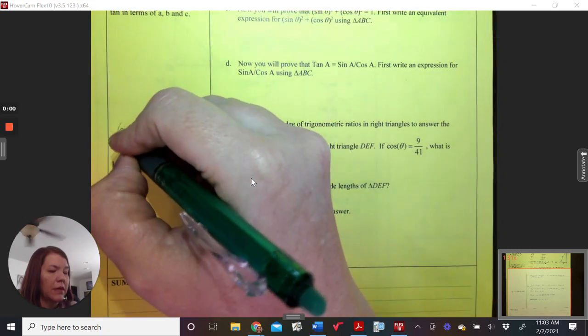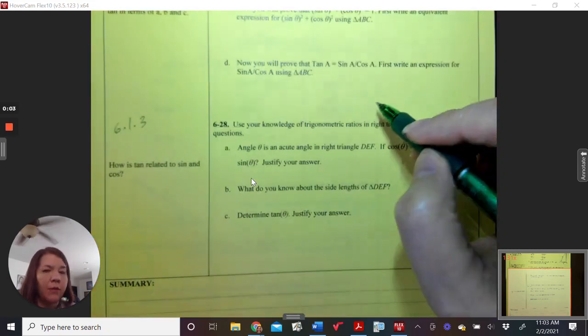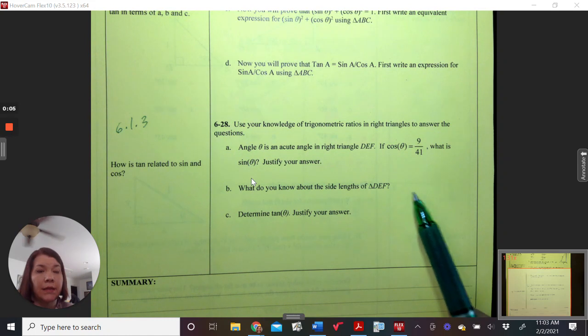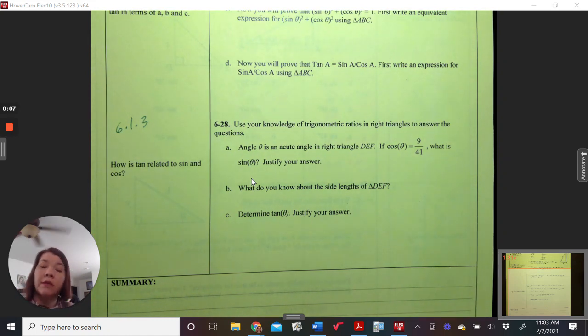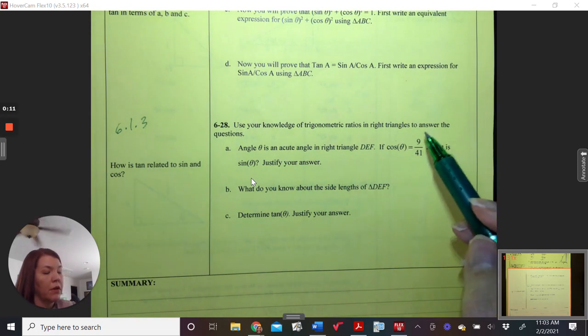Okay, so this is 613. As promised, we didn't quite finish this lesson. We didn't get to this question, so I wanted to show you how to do this since it is on the 613 homework. So we're going to use our knowledge of trig ratios in right triangles